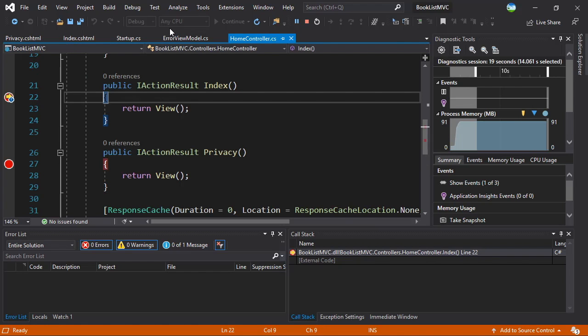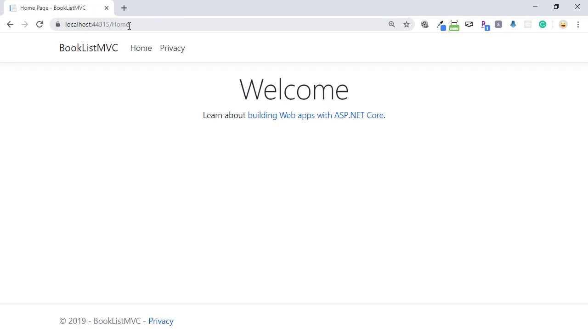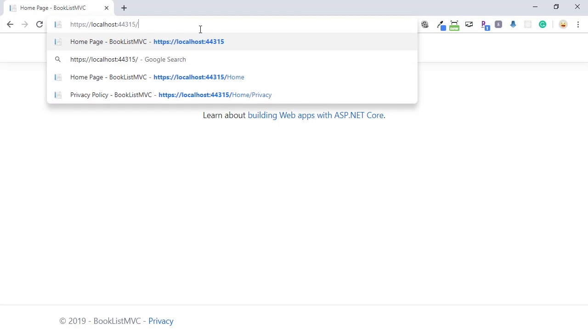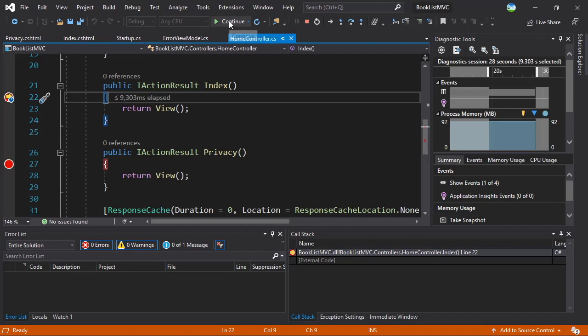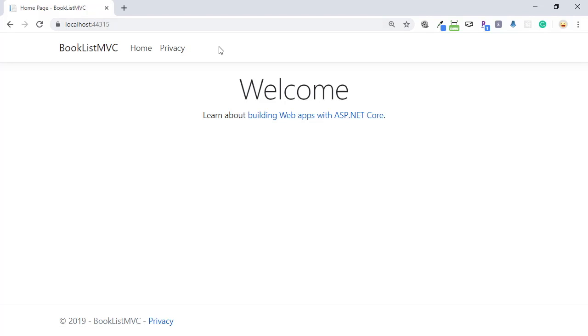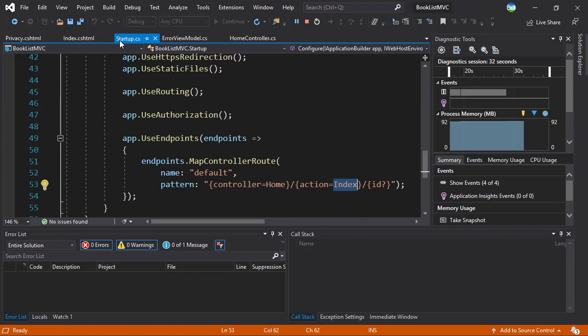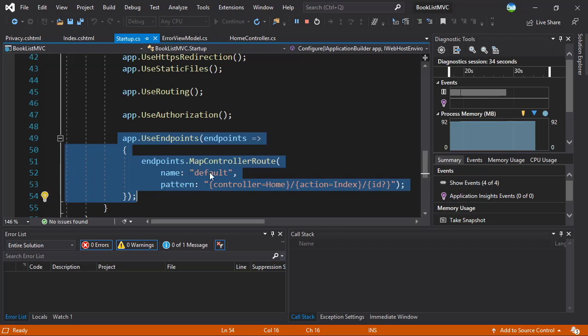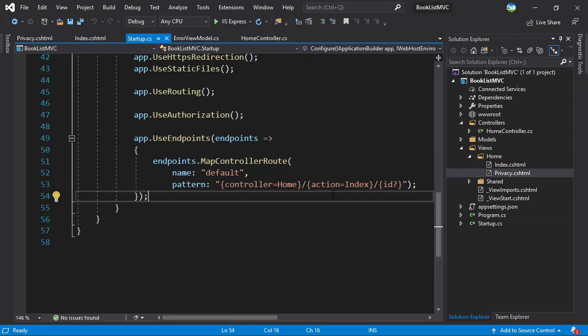If you have not defined anything, it goes to the index action by default. So if you just define home, it goes to the home controller and loads the index action method. If you do not define home as well, it will go again to the home controller index action method, and that is because you have defined that in endpoint to use as a default controller and action method. So this was a brief overview of routing in MVC, and we'll continue exploring this more when we start building